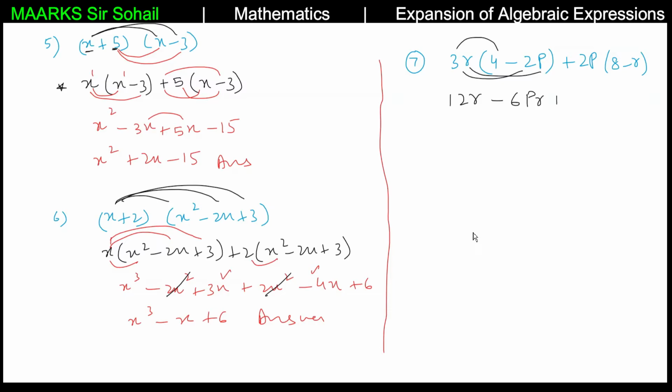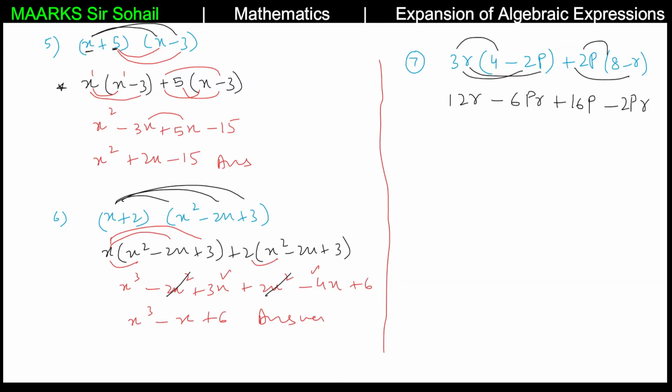And then we have plus sign, and then 2 8s are 16 and p, and then plus minus minus and 2p will multiply with r, so it will become pr. I recommend you to always write the variable in correct order, like you can use the alphabetic order, first comes p and then comes r, so I have written pr. Because sometimes what happens, students write pr and then in the next bracket they write rp, so they cannot add and subtract. They think that these are two different things. So make sure not to make this type of mistake.